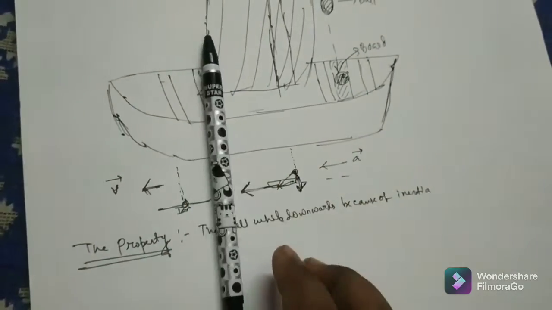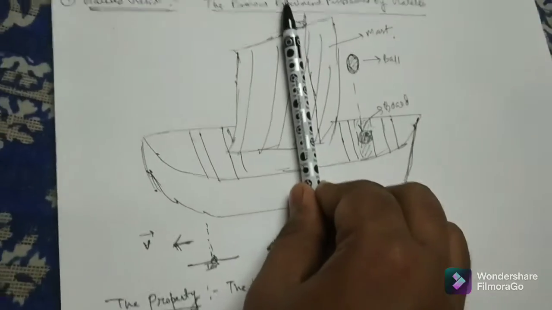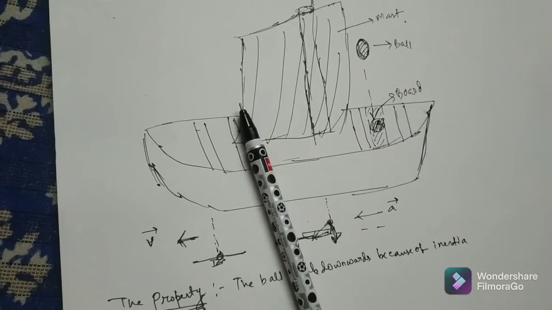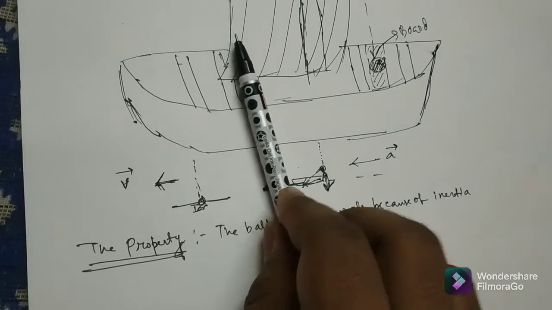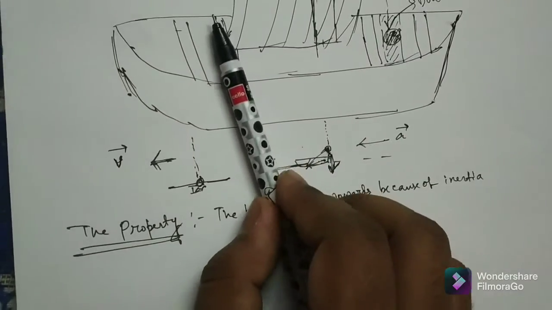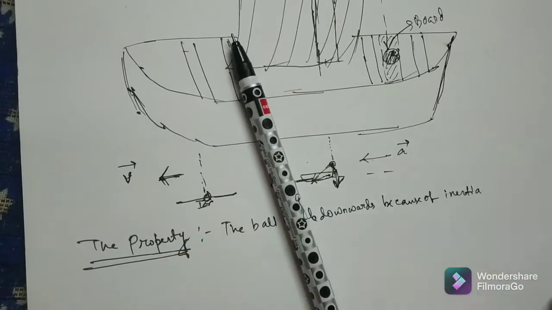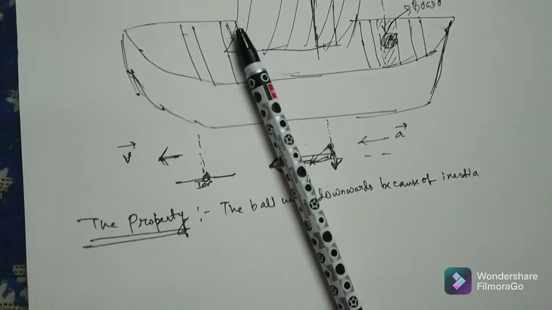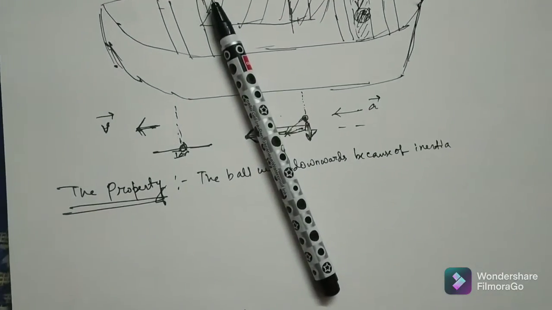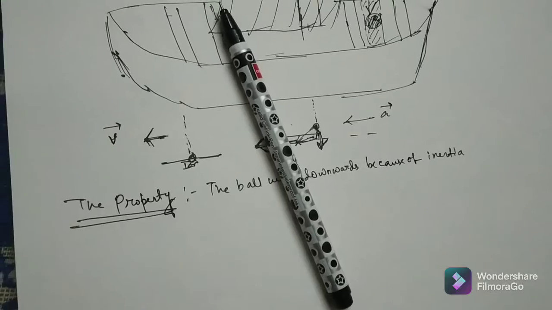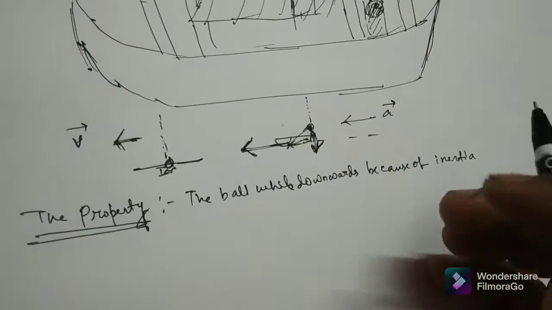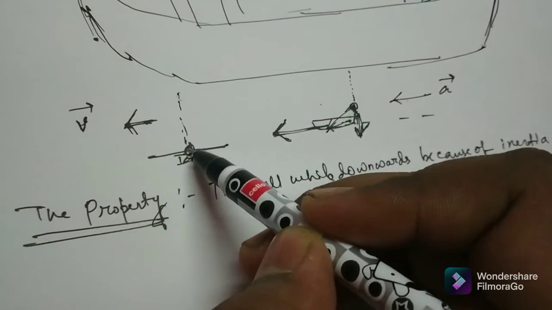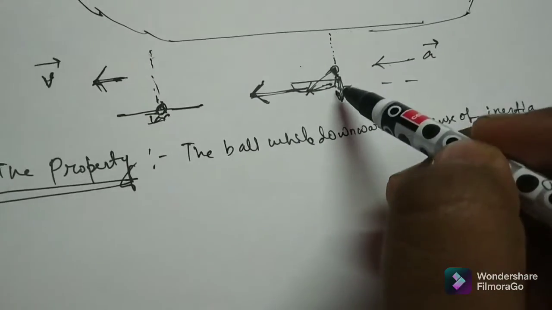So if this is the pen, I am giving it external force to move it in that direction. The inertia of the body would just cause this body to remain in the place of rest. It was at rest, so the inertia of the body would allow it to be at rest only. It would try as hard as possible so that this pen remains at rest. So the same thing here, the ball fell in the straight direction under the influence of gravity.